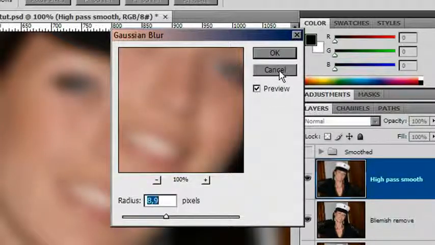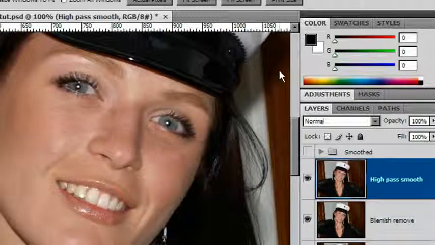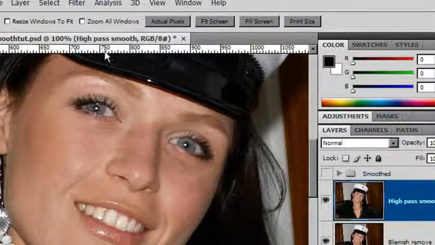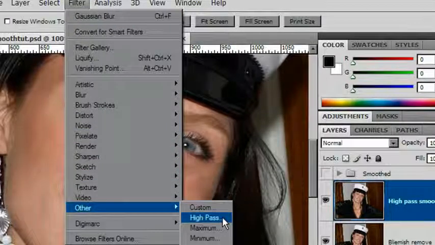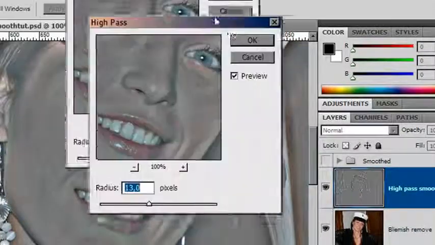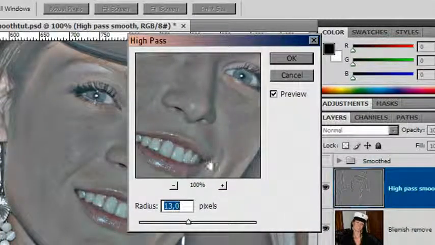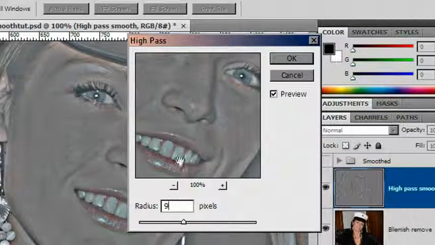So we say cancel. Now, why do we want to cancel? Well, the trick is we have to run another filter first. The filter is called High Pass. It's under the filter menu, under the Other, High Pass. Now, from the High Pass dialog box, we then add in the blurring amount that we saw in the Gaussian blur dialog box. So that means it's a radius of 9.5. I'll settle for 9 in this case because it's easier. What we have to do after we apply this is we're going to do a little bit of mathematics and a Gaussian blur. So we say OK,